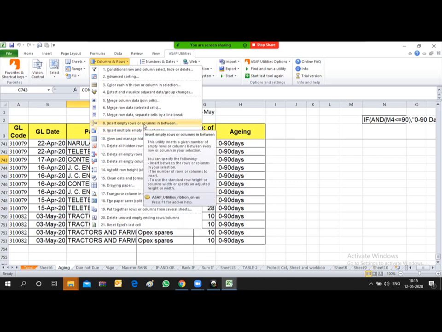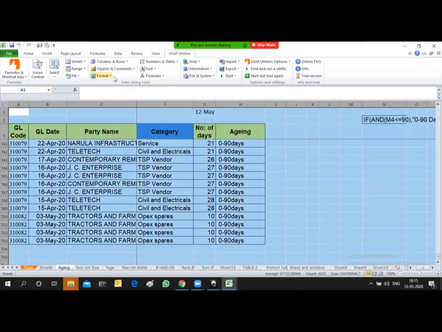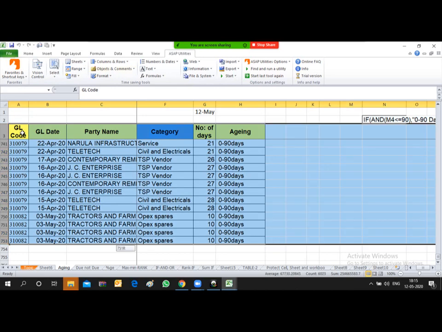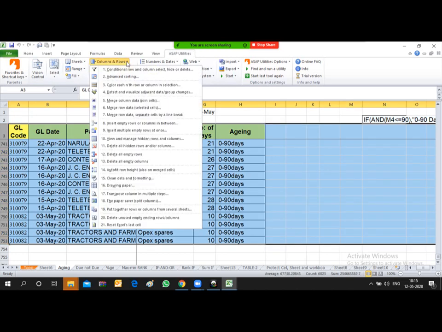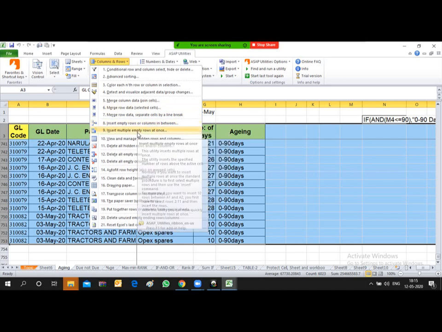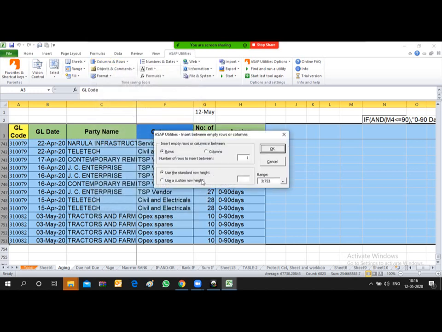So let's select this. In between, insert empty row or column in between.